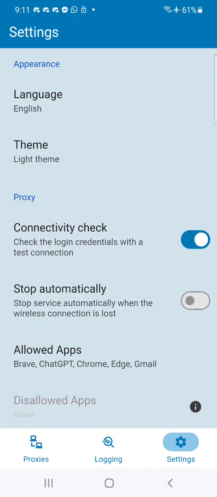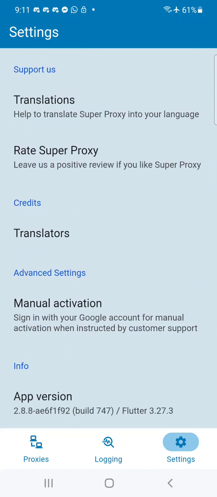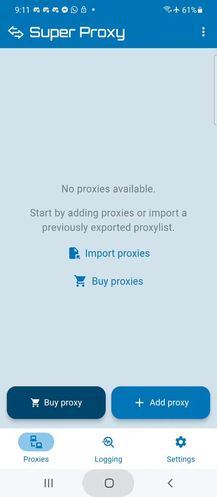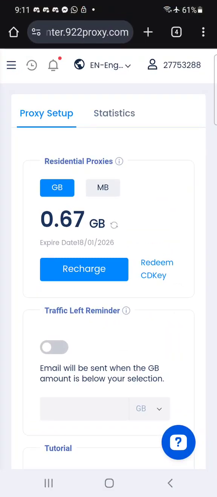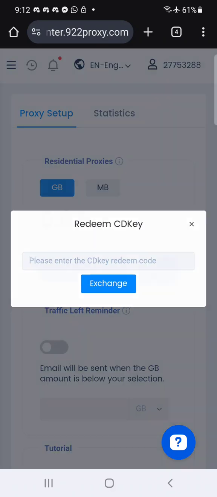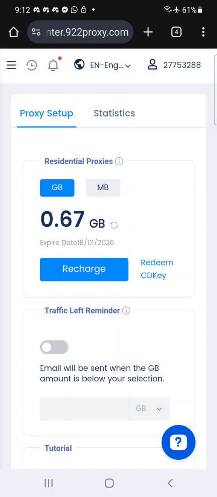So once I put in that settings, then I head over to generate my proxy. How do you generate proxy? By putting on your 922 account. You log in to your 922 account, and when you log in, you come here and click on residential proxy. By now you already bought proxy from me. You already exchanged your proxy CD key, and you already have your 1 gig, right? So now once you come here, now we want to try and create